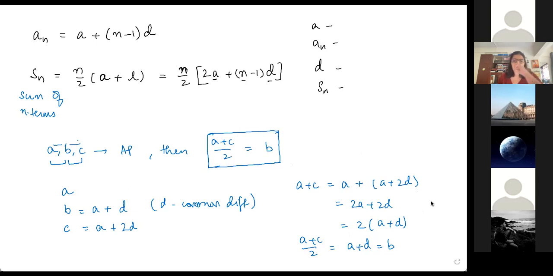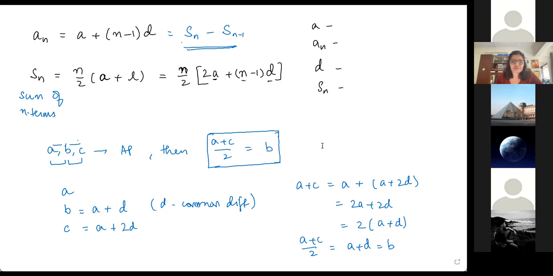Any other formula that you have a doubt in? There's another one. AN, you can also say, is equal to the sum of n terms minus the sum of n minus 1 terms. Have you understood how we get this formula also? Ma'am, we haven't used this very much. Okay, good to know. This is also very logical, but when we get to it, I'll show it. If you're curious, we can discuss that.